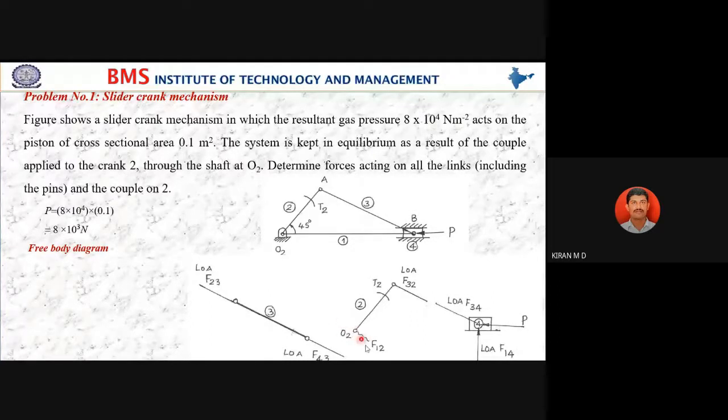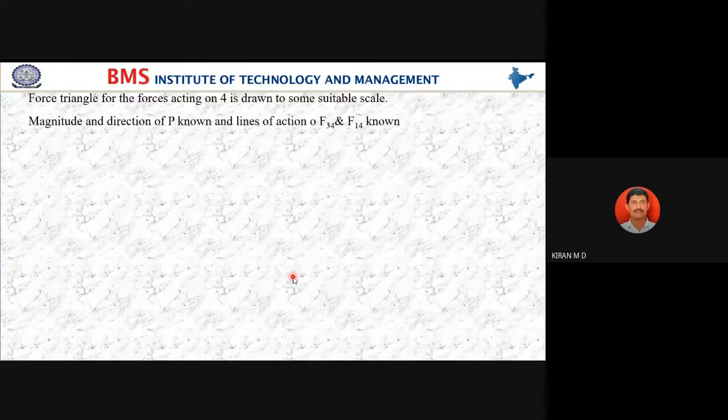So in any direction you can write. Because we are using a bearing or pin, you can get the force in any direction. Correct? So this is the free body diagram for the piston and slider crank mechanism. But when you are solving the problem, even if you have not drawn the free body diagram, you can directly solve the problem. Just briefly, I will show how to draw that one. Next class we will draw it clearly.